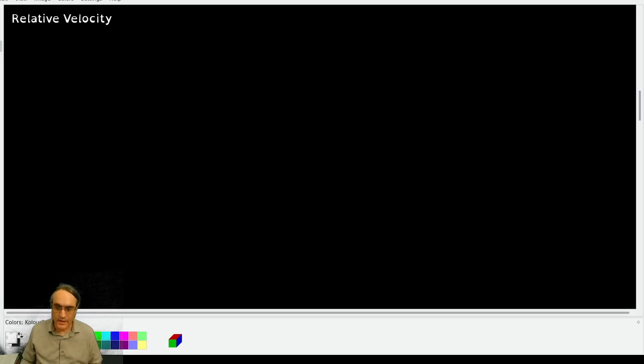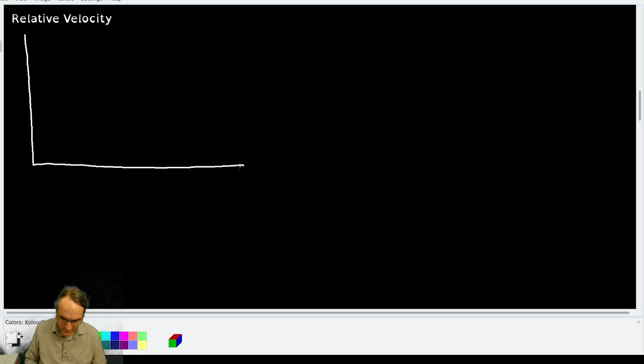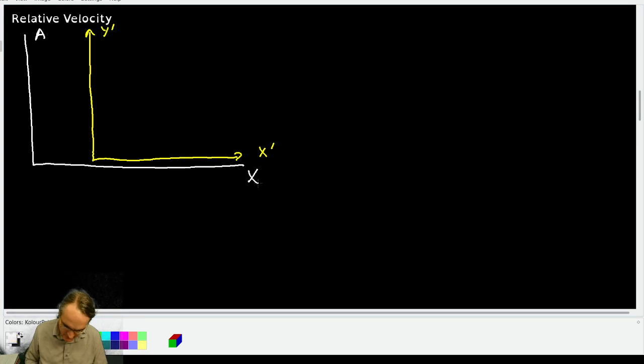All right, last topic in the chapter: relative velocity, relative acceleration, relative position. This deals with what happens when you have two different reference frames, one of them moving relative to the other. So we'll imagine we have some reference frame A that is stationary, and then moving within that reference frame, we'll have a second one, x prime, y prime versus x and y. We'll label this one reference frame B,